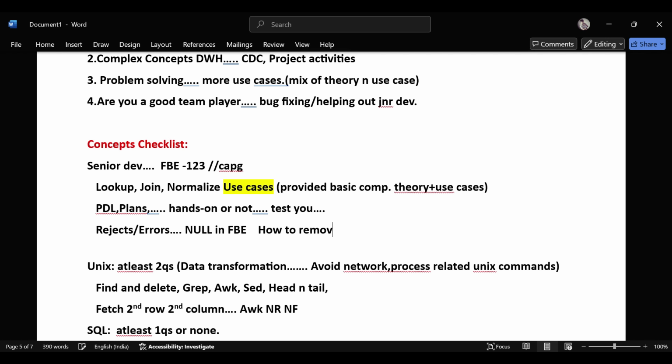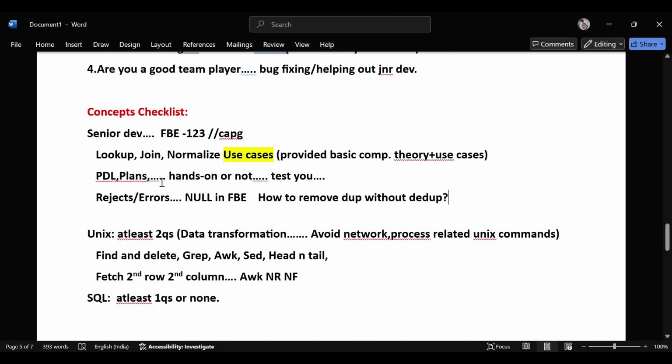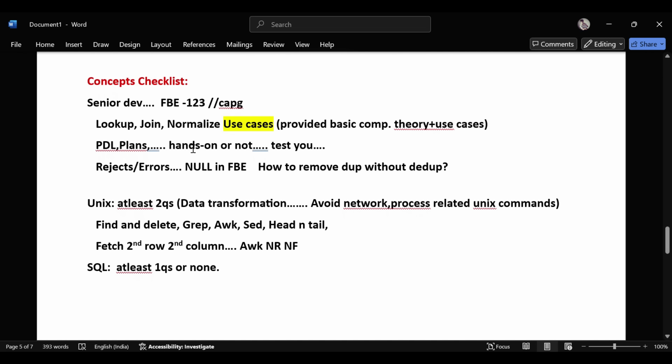And then, how to remove duplicates without dedup sort. These kinds of questions will come for your 5 plus.